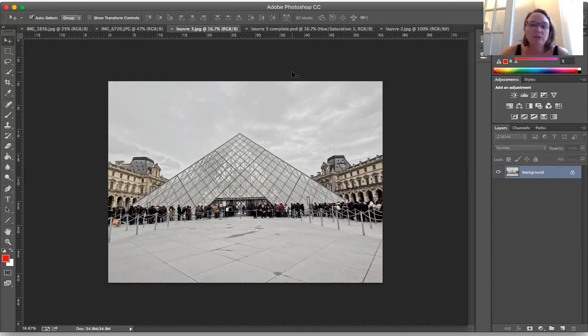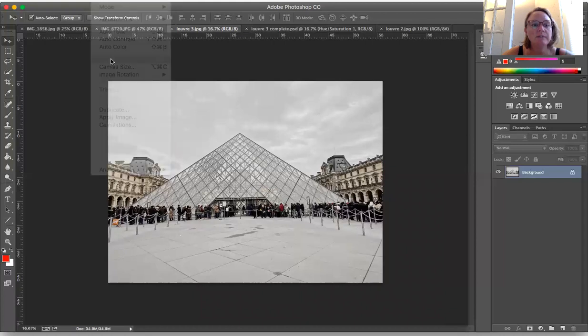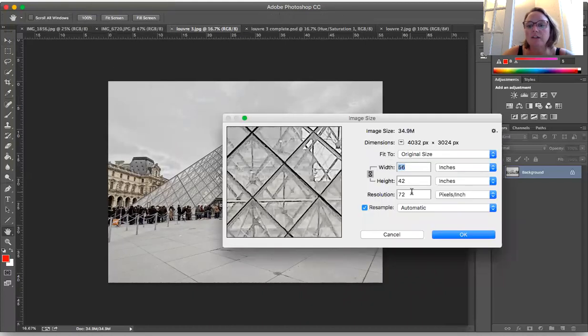So now to work on combining the images. The first thing that I want you to do, just like we did with the texture project, is double check and possibly change the size and resolution of each of your files. Okay, so I'm going to go to image and image size. You'll see that most likely anything you took from the web is going to be 72 pixels per inch because that is screen resolution. We want it to be 300 pixels per inch